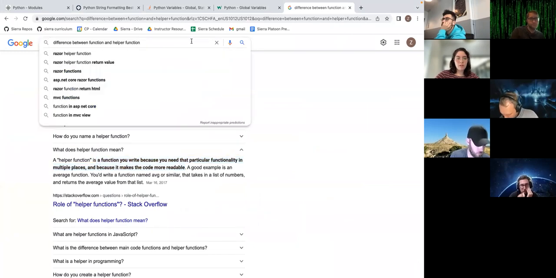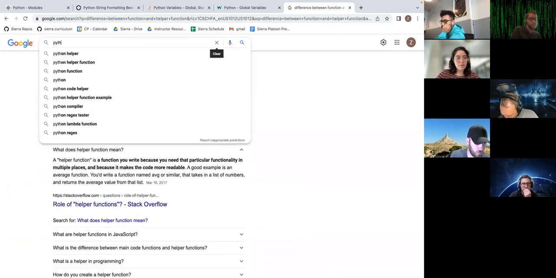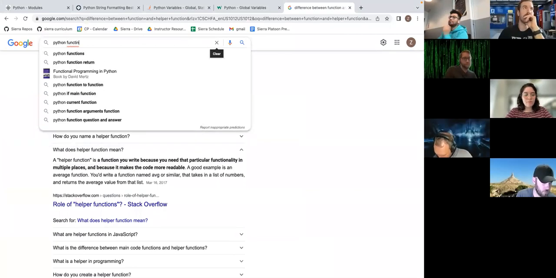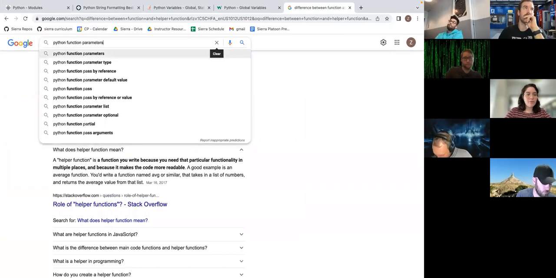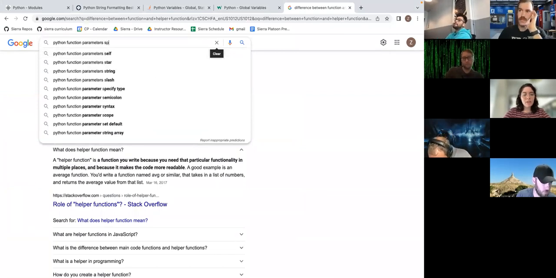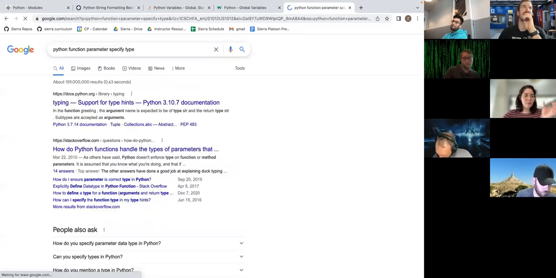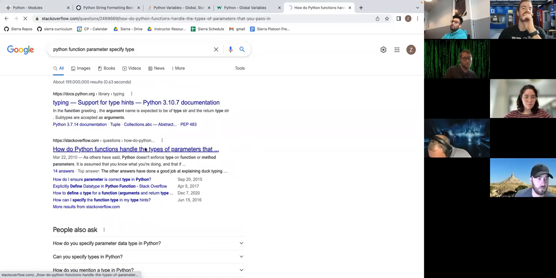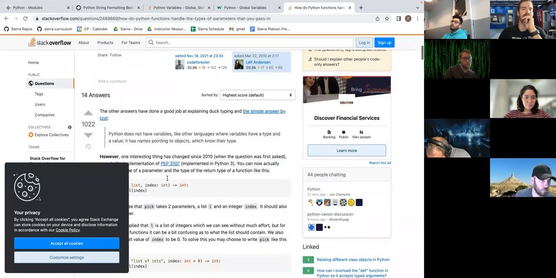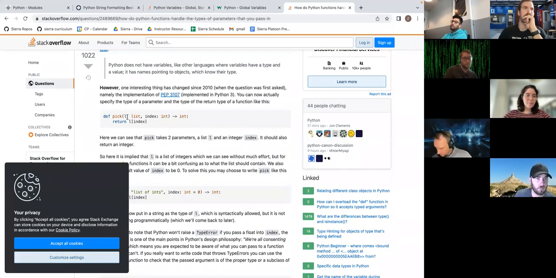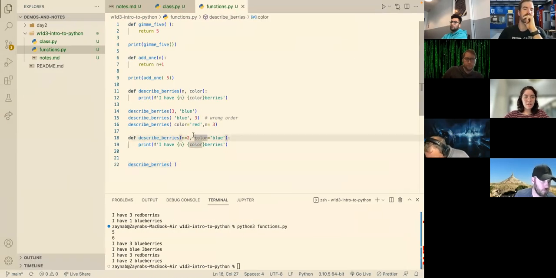So I need to look this up. Python function parameters. There is a way, I know it is, but I just forgot the syntax of it. There we go. So you put the name of it and then a colon, and then you can say what type it is. So if I look back here,